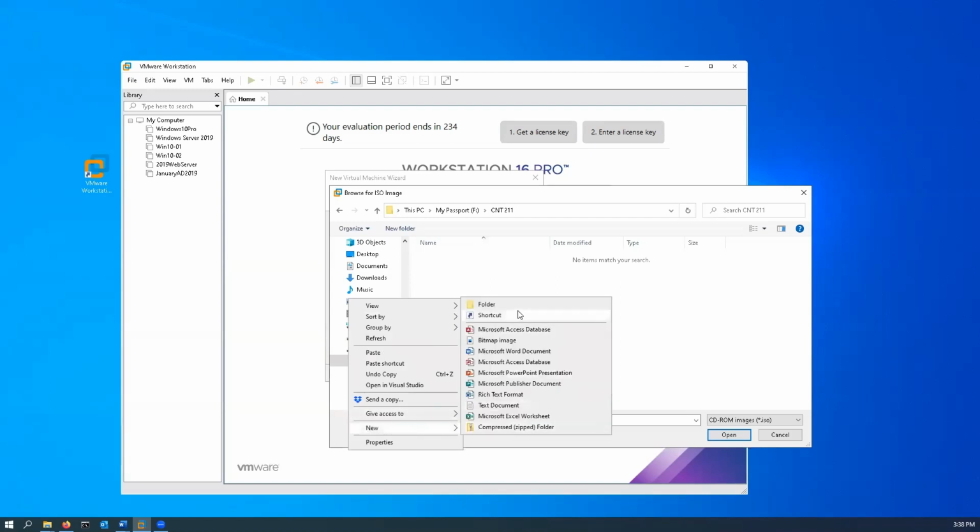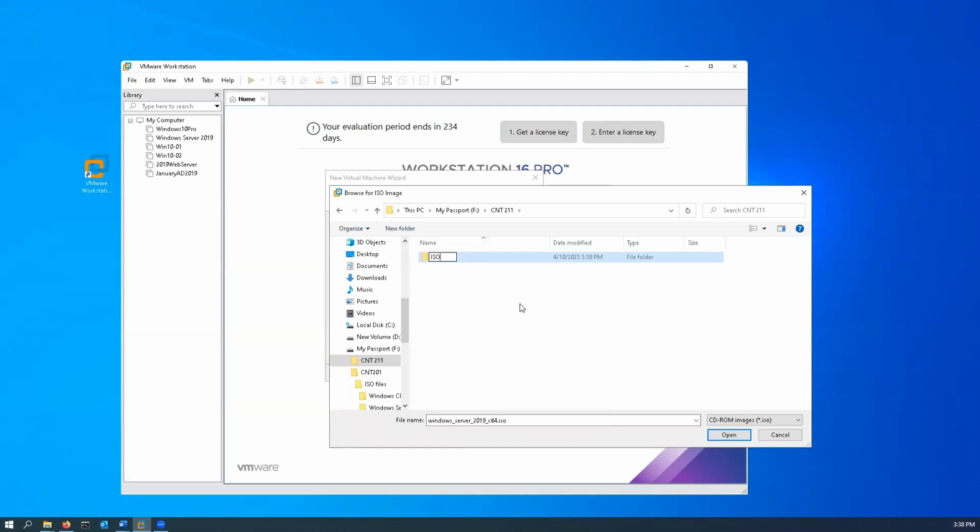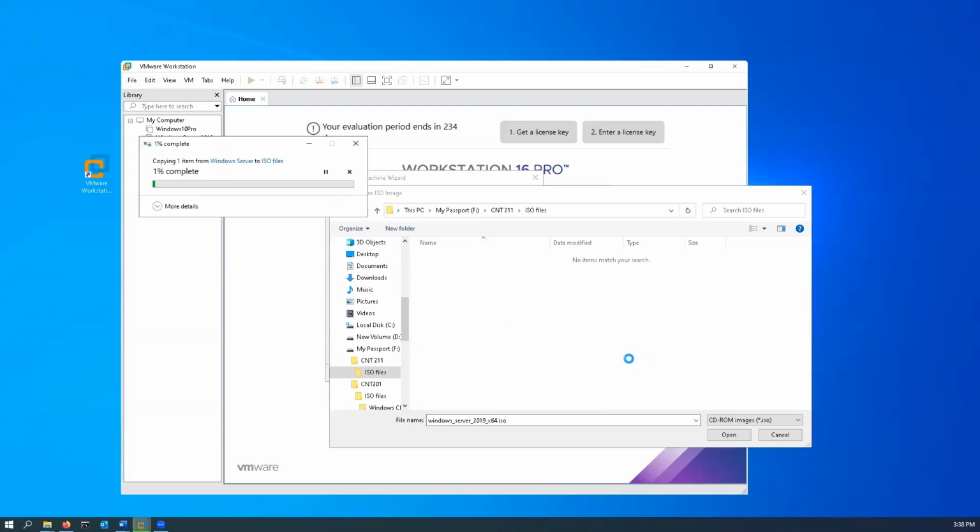So I'm going to go ahead and create a new folder, ISO files, and paste that into here. Now, the only reason that I did this was because we are running CNT 211, and I don't want to confuse you by going into a folder for CNT 201. Obviously, both classes are using the same operating system files because they're both Windows classes. This process is going to take a little while because I'm making a copy of a very large file,